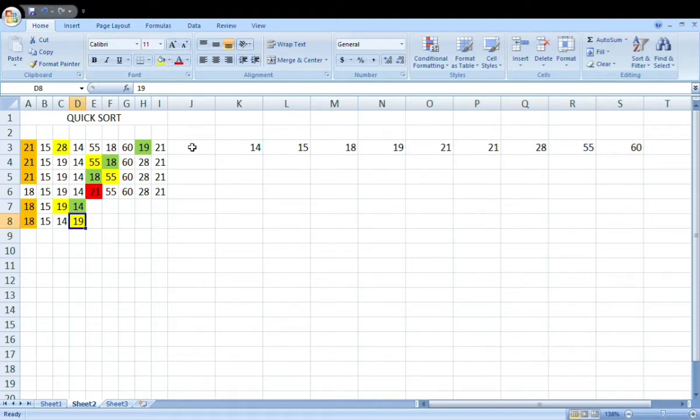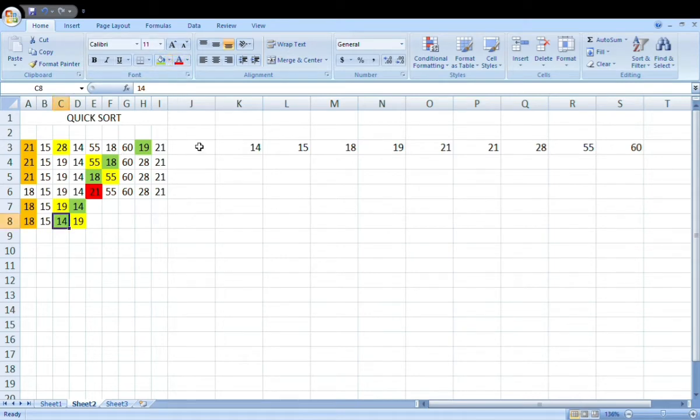Then from here it will start finding the smaller value. Till here we completed, right, this green box. So you see this green box, till here it completed, so it will start from here and navigate towards the left. So 14 is smaller, so it will not navigate further. It stops here. Let us mark this in green.